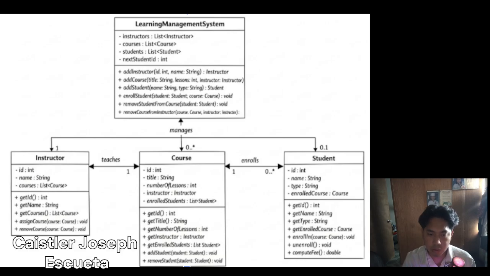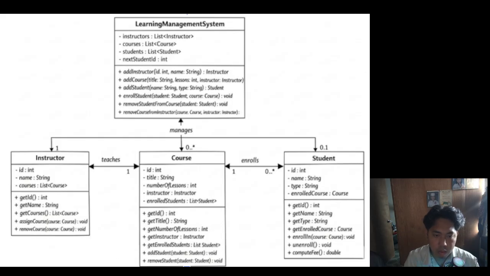Everyone, my name is Kaiser Joseph Escueta, and let's take a look at the UML class diagram of our learning management system, which shows all the classes, their fields, methods, and relationships. At the top is the learning management system class, the central class that manages everything. It holds three private lists for instructors, courses, and students and contains all the major methods for adding, enrolling, and